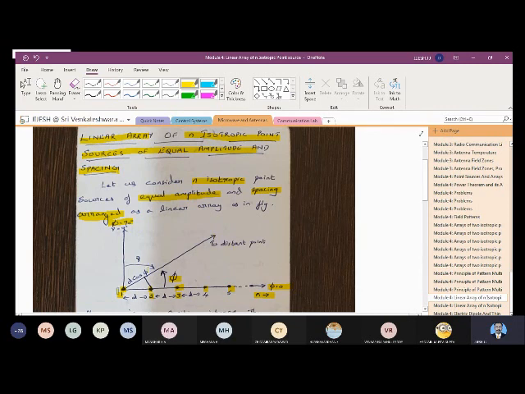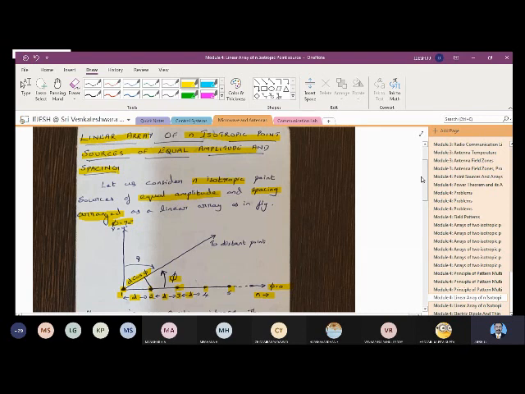For example, you can see here the first isotropic source and the second isotropic source are separated by a distance of d. Similarly, the second and third are separated by a distance d, 3 and 4 by d, 4 and 5 by a distance of d. So this component will be d cos phi, and you can make a note of these things: linear array of n isotropic point sources of equal amplitude and spacing.